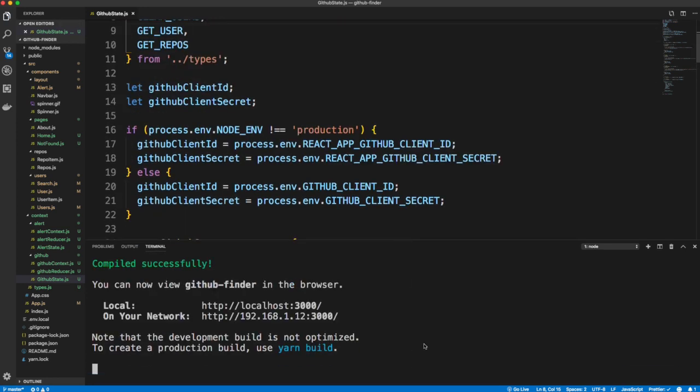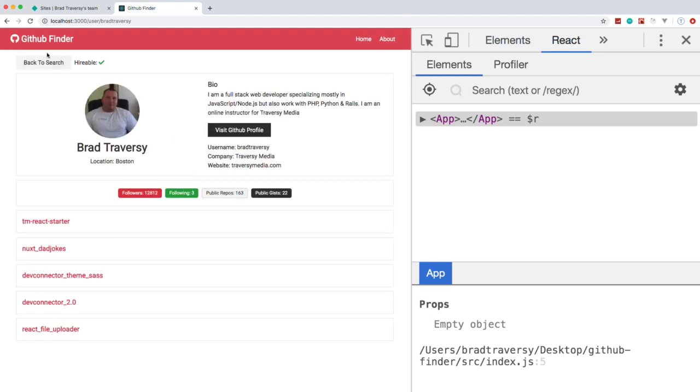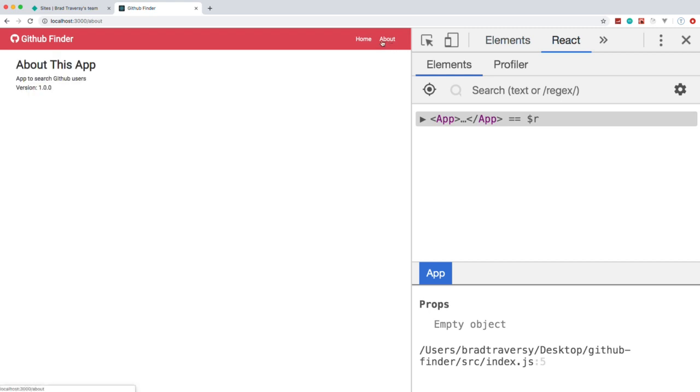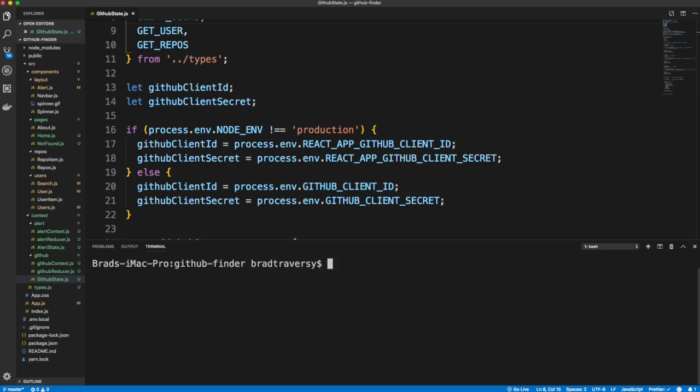Now we're going to stop the server because we're ready for deployment. Okay, everything should still work. Okay, go back. We can clear. Good. About page. So back here in the terminal, I'm going to stop this with Control C. Clear this up, and we need to install the Netlify CLI. So we're going to do npm install, and we're going to install this globally. So -g